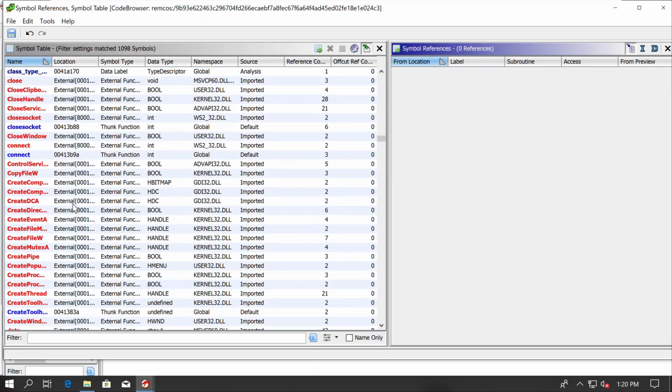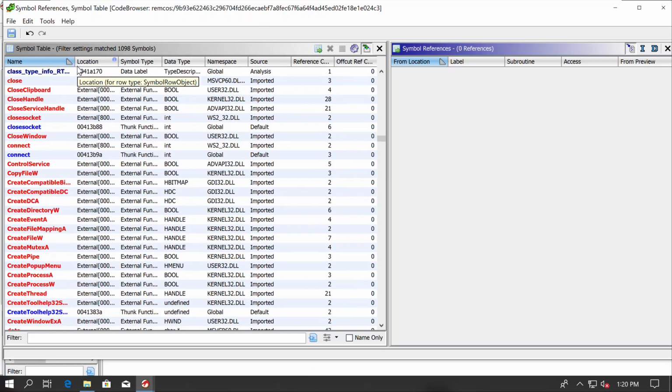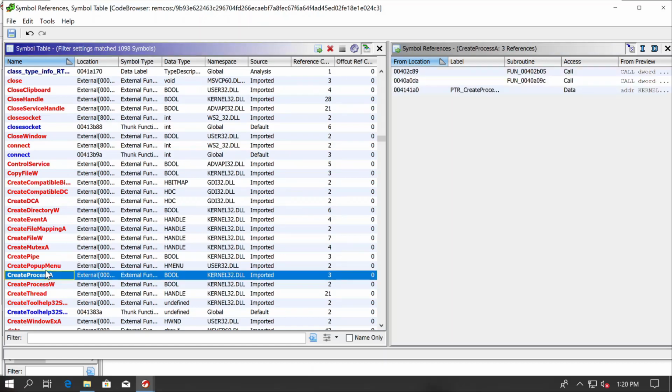So I scroll down to the area that says create. I'll expand this particular column. And I can see here CreateProcessA. And we'll hone in on this one because this is actually showing us potentially additional processes that this particular Remcos program is spawning. Now, if I want to locate a reference to that API, once I do a single click,